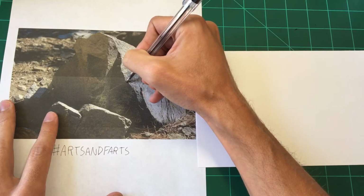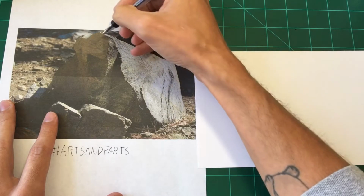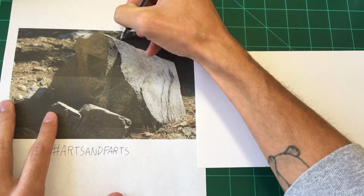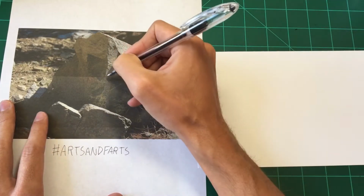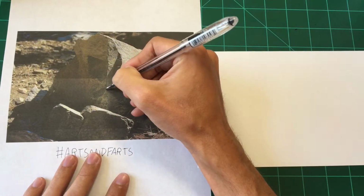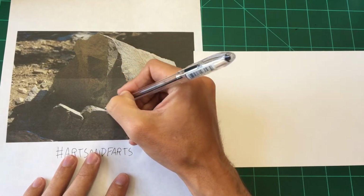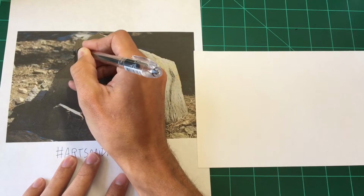Some are round and smooth. Some are jagged looking, like this one. And I thought this one had some really cool lines and stuff like that. Cool shadow areas and stuff. So I printed out a quick draft, you can probably see my reference photo printout is not the best quality, but I'm not going to be doing too much shading